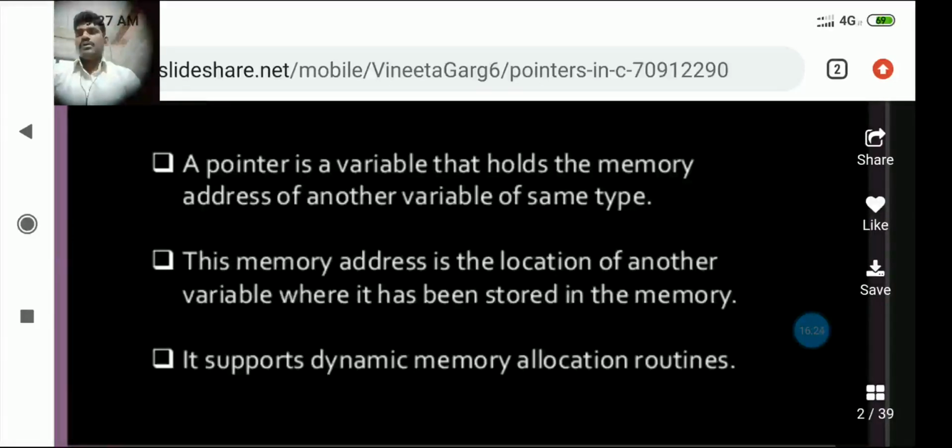The definition itself is telling us a pointer is a variable. This pointer will not store any value here, but it is especially meant for storing the address of another variable.